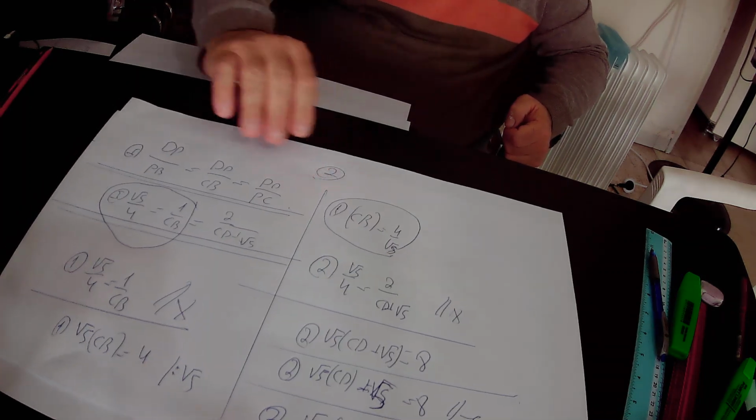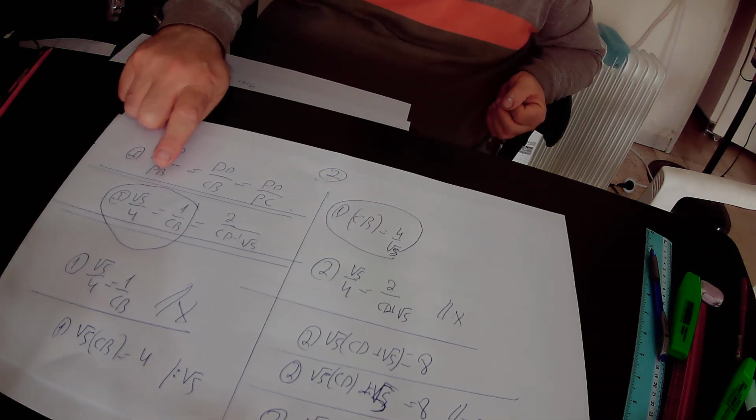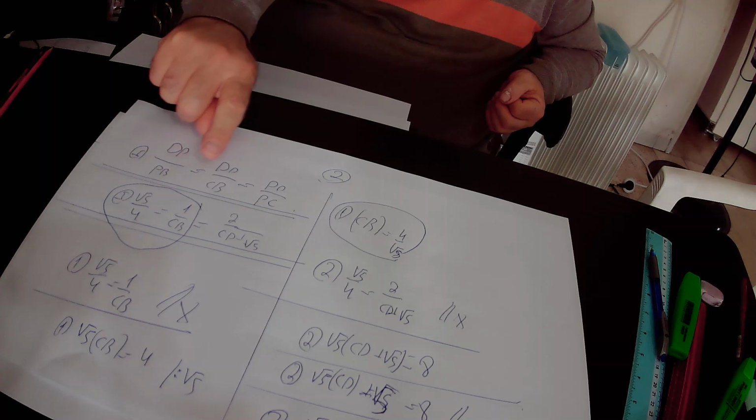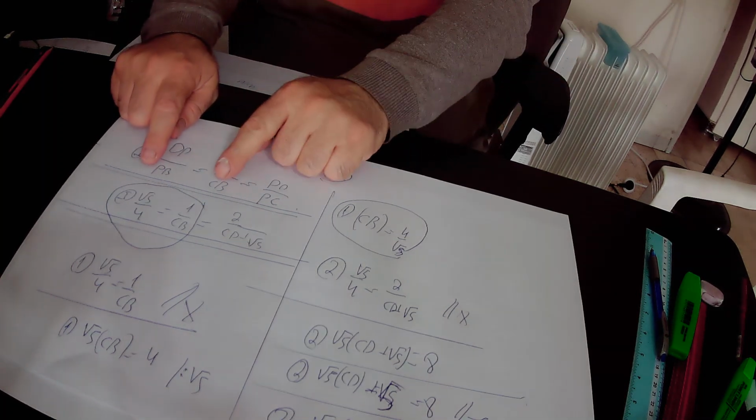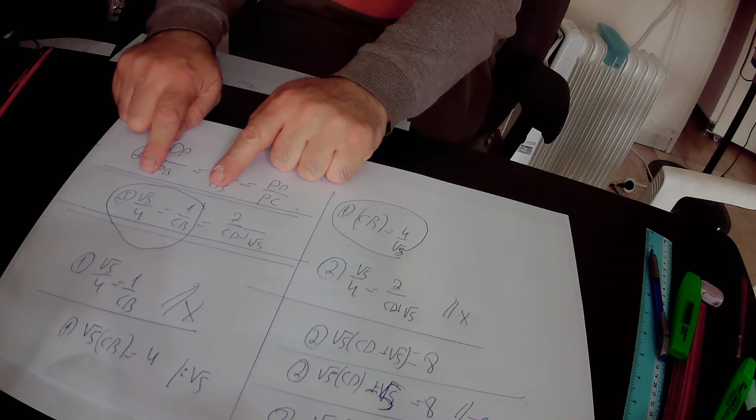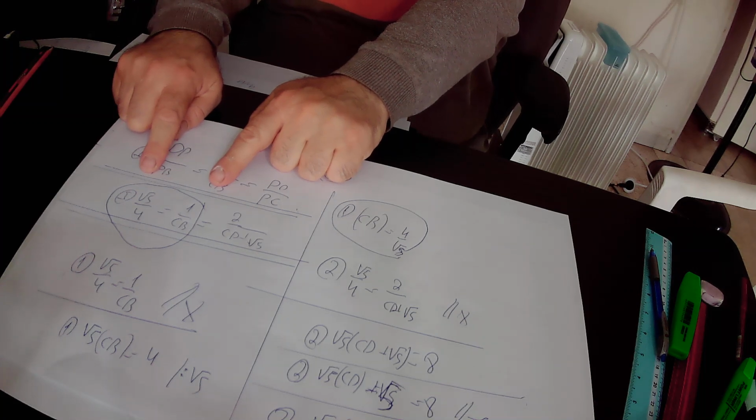The conclusion we can find is that, according to equation 1, square root of 5 over 4 equals 1 over CB, which equals 2 over CD plus square root of 5. Those two expressions are equal to each other, therefore we get equation 1 from those two expressions. So according to equation 1, I can find that square root of 5 over 4 equals